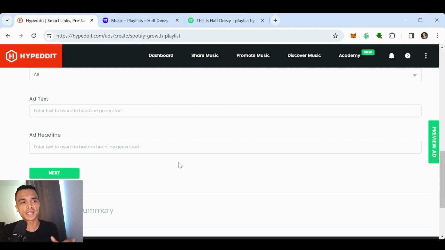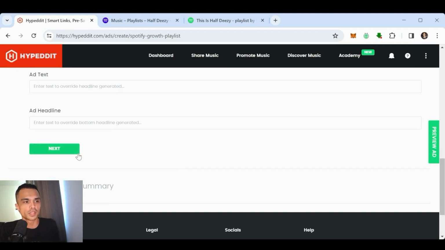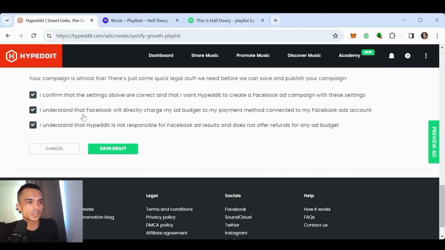Again, for the ad text, you can use an AI like ChatGPT or something like that. Type in the song information, the artist, type in a little phrase, and then prompt it to write you a better pitch for the text or whatever, and then come back and paste it in there. So either way, moving on,